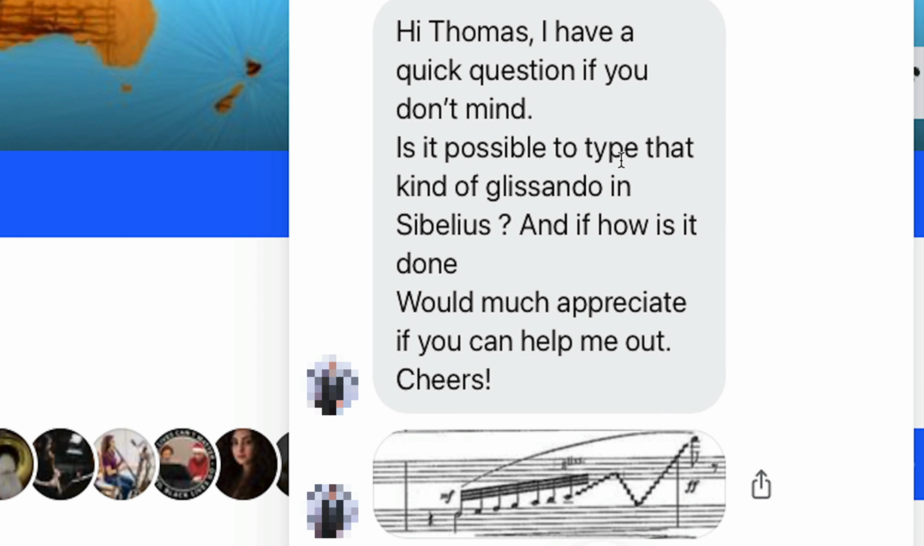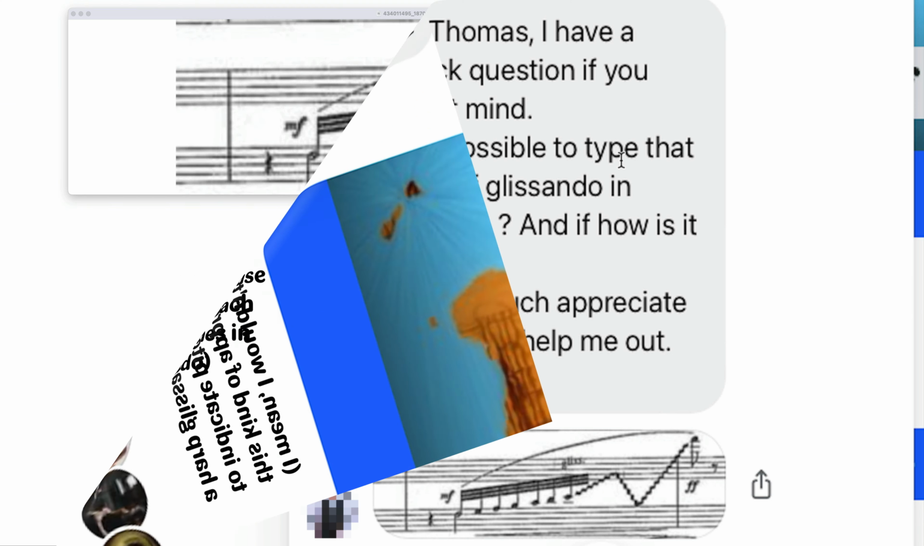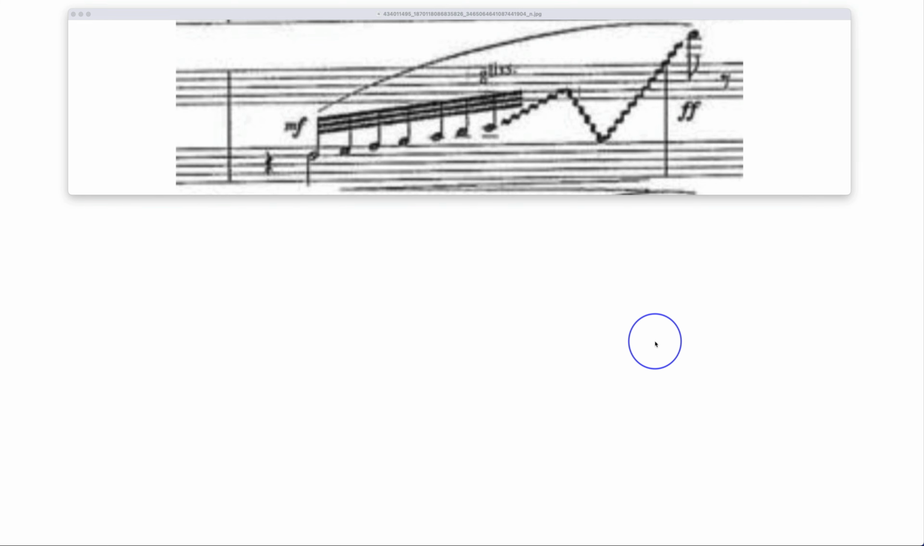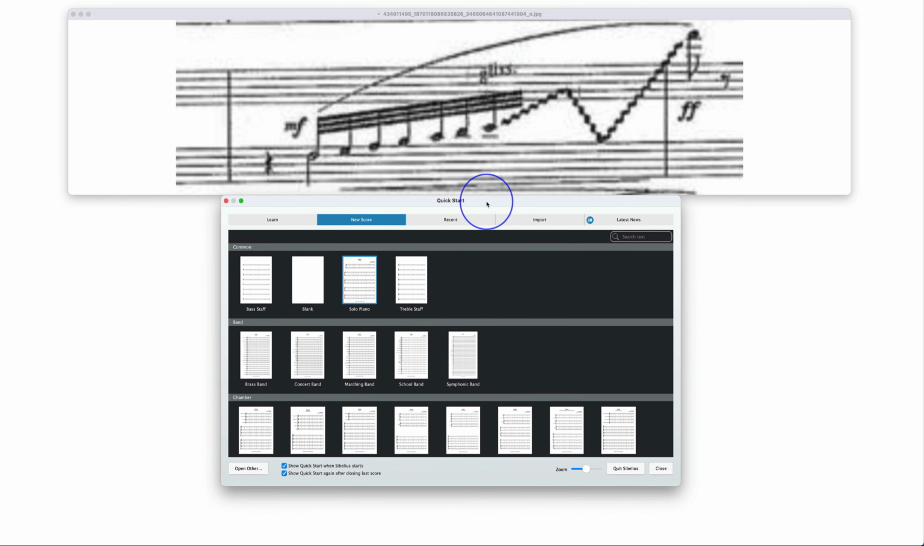Yeah, and I'm happy to answer the occasional question about Sibelius. Now, I normally wouldn't do this myself. I would set things up a different way, but maybe that could be for another video. These kinds of things are actually pretty easy to build in Sibelius, so let's go to the Quick Start menu,